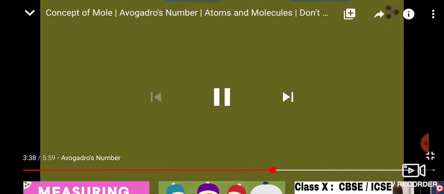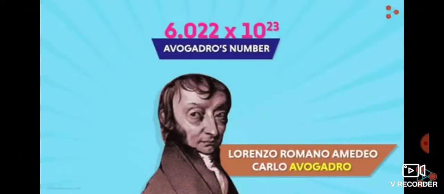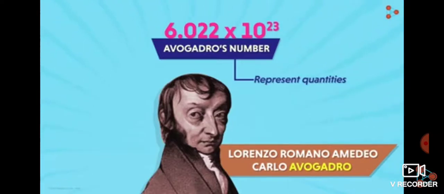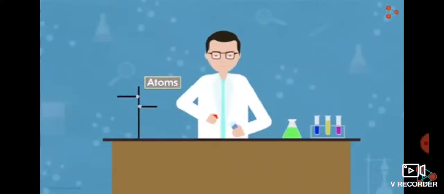So getting back to the concept, Avogadro's number is just another number used to represent quantities. But the number is so huge that using this in daily life is not practically possible and advisable. Then why does the number exist if we do not use it? Yes, the number is not commonly used in daily life by us. However, it comes to the rescue of chemists that work with atoms, molecules, electrons, and many such small entities. That is the reason why it's used to calculate 1 mole of any substance.